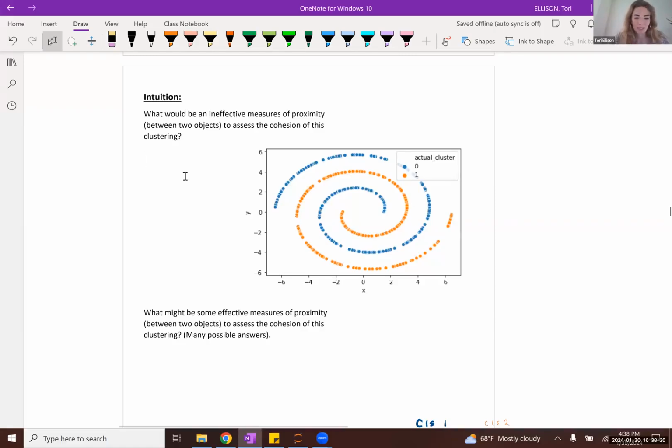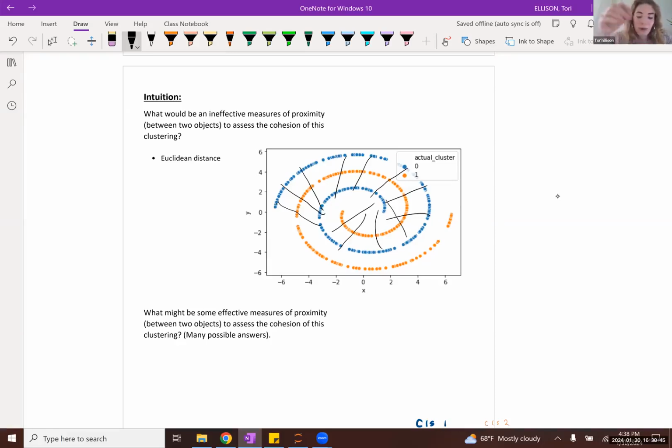Generally speaking, when we see a data set and a set of clusters like this, the Euclidean distance, which is usually our friend, inevitably is going to fail us. So if we use the Euclidean distance, then what we can see is, if we were to find the pairwise distances of all of the blue points,